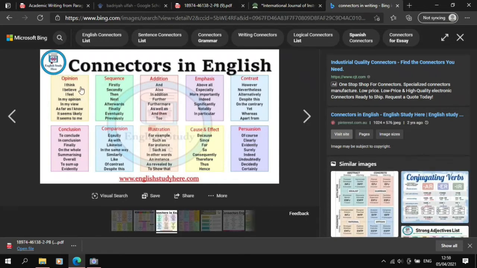So you can see here, if you want to say opinion, you start with I think, I believe, in my opinion, in my view, as far as I know, it seems likely, it seems to me. Sequence, like if it is in procedure text, we say firstly, secondly, then, next, afterwards, finally, eventually, previously. If you want to add, also, in addition, further, for example, you have explained,